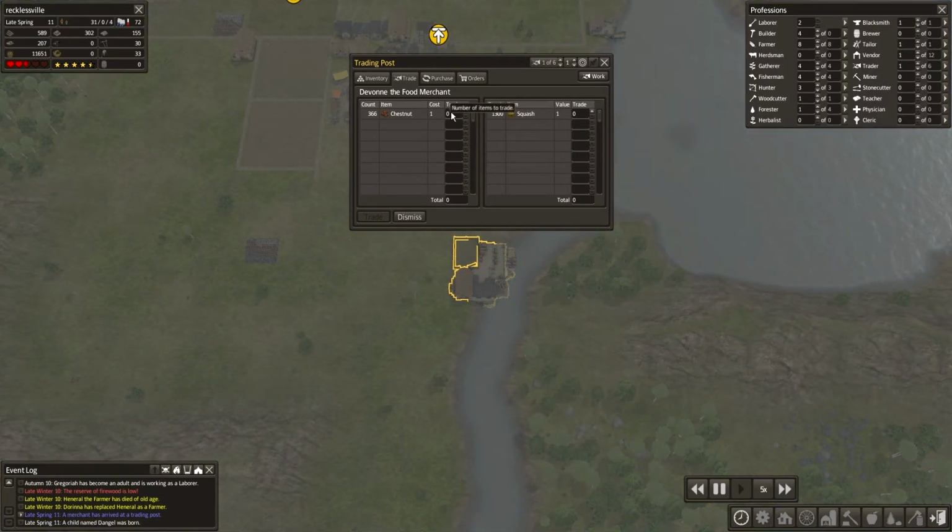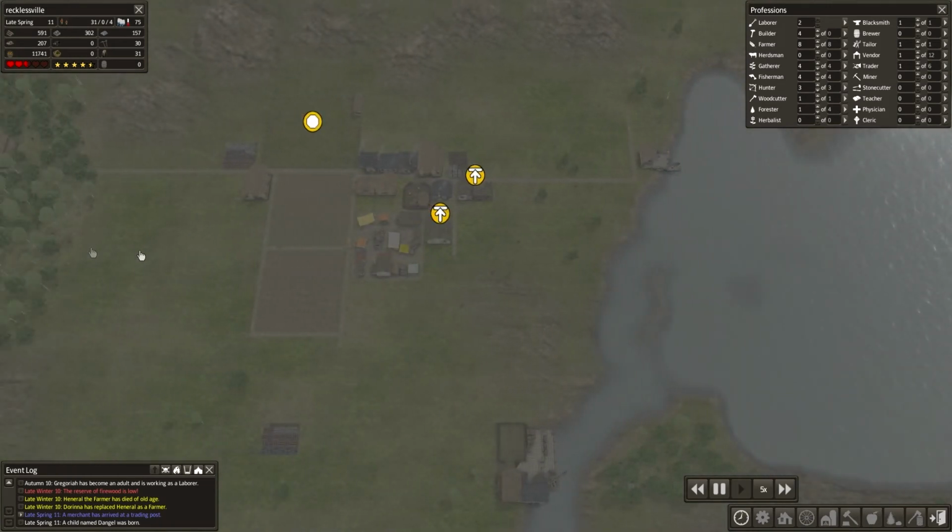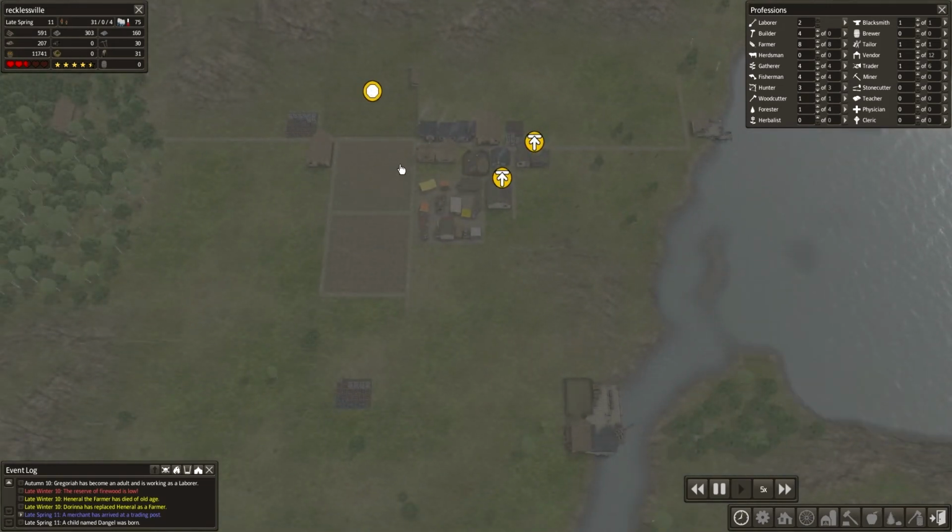I put 300 because they're one each, and then 300 units of value for the squash, 300 units of value for the chestnuts. Trade, and then if you don't want anything else, dismiss them. I don't want anything else because I'm just waiting on the cattle really for now. And then once we get this cattle roaming,